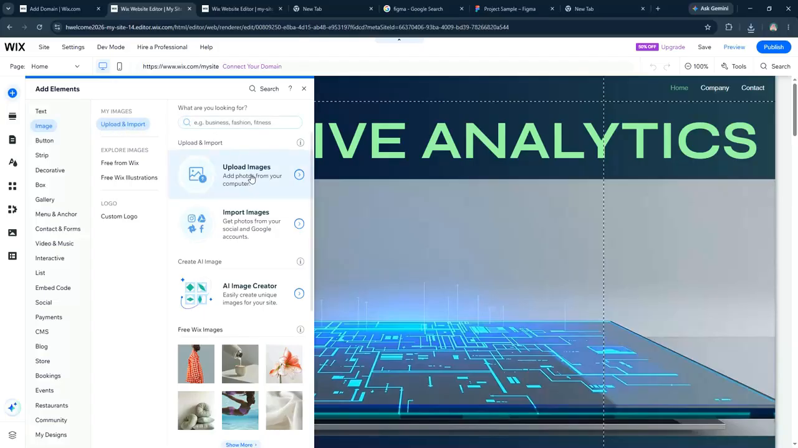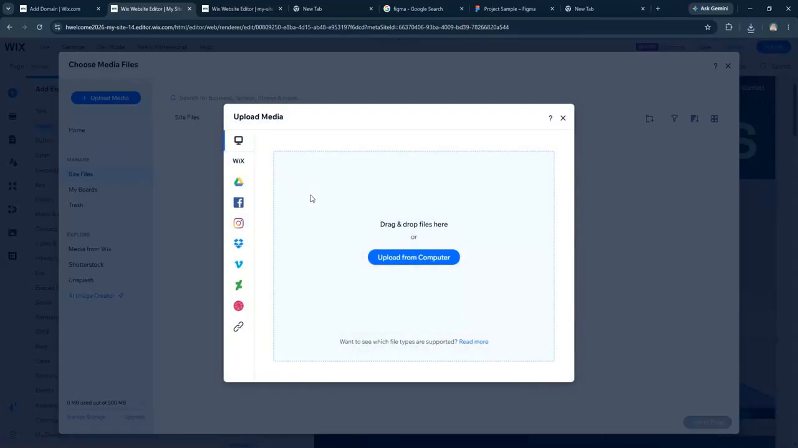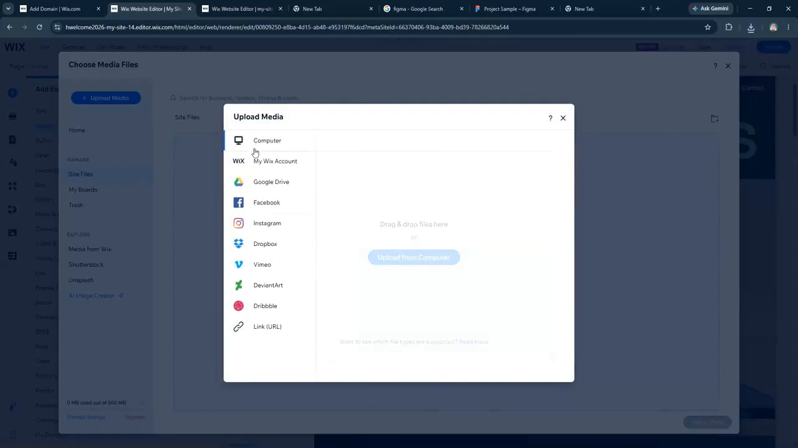Finally, preview your page to ensure everything looks just right before publishing. This process allows you to effortlessly bring your Figma designs to life on your Wix website, maintaining a cohesive look